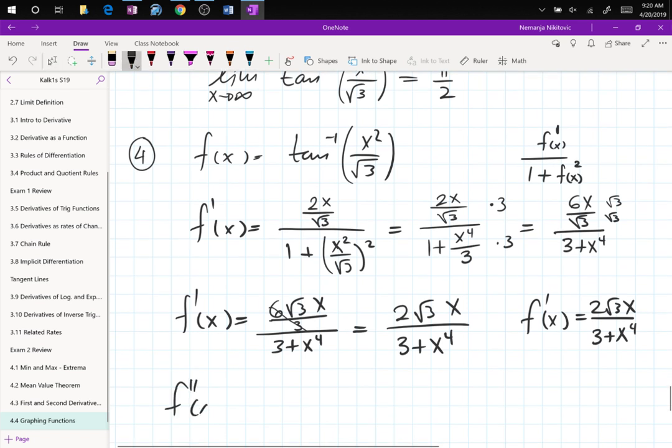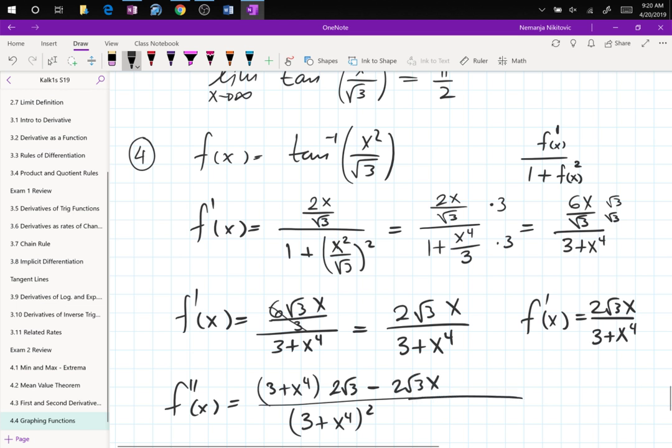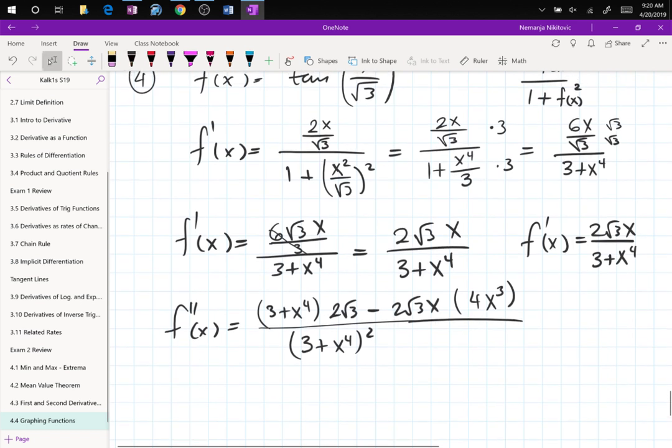For the second derivative, we can use the quotient rule again. 3 plus x to the 4, squared, 3 plus x to the 4, times the derivative on top, which is just 2 root 3, minus 2 root 3 x, times the derivative of the 3 plus x to the 4, which is just 4x cubed. So now we fix this one as much as possible, because remember, we have to set this equal to 0 and calculate stuff. So I have 6 root 3